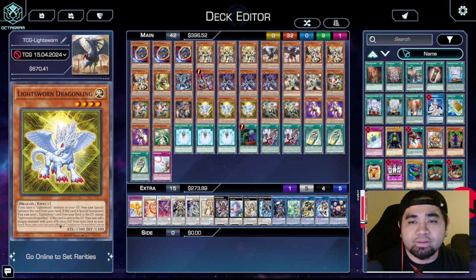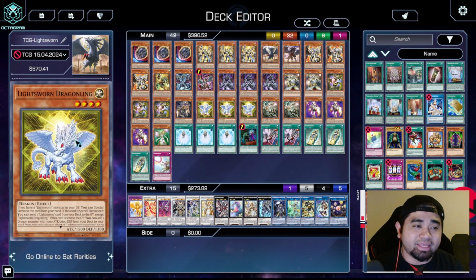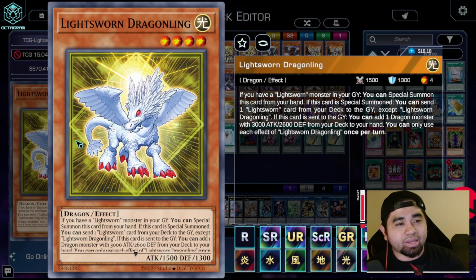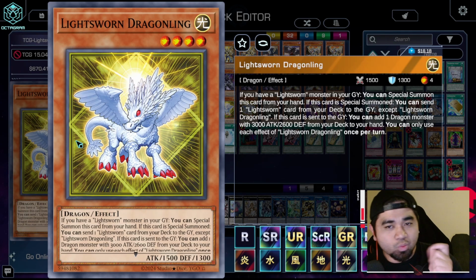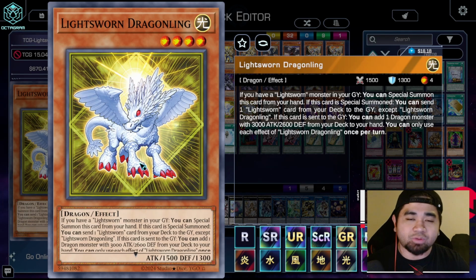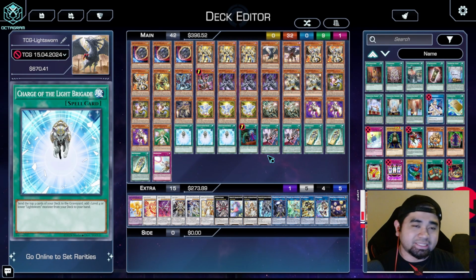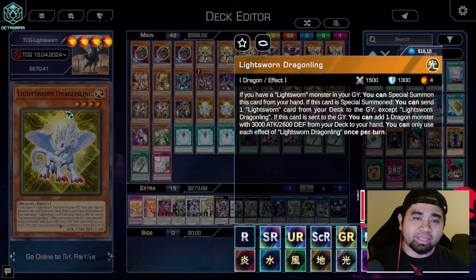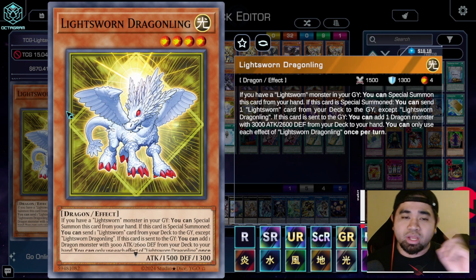So, just for a quick recap, what we got from the Legacy of Destruction is typically this cutie right here. Dragonling is your new dragon monster that is level 4 with 1,500 attack and 1,300 defense. If you have a Lightsworn monster in your graveyard, you can just special summon this to the field. That's basically it. If you have a Lightsworn monster in your grave, which is easy enough to attain with your Recharge and your Charge of the Light Brigade, it would be easy enough to summon this monster right here to the field. And once this card is special summoned, you can send one Lightsworn card from your deck